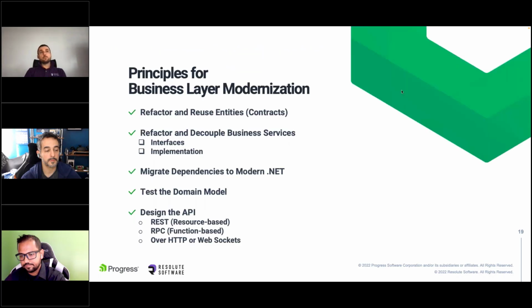All right. So that was for the data access layer. For the business layer, what typically we care about at the business side is, can we refactor and reuse contracts and services, right? So if you have a well-segregated n-tier architecture, chances are you already have contracts, you already have implementations. This means that you have already done yourself a great service back in the day because your migration job just got a whole lot easier, right?